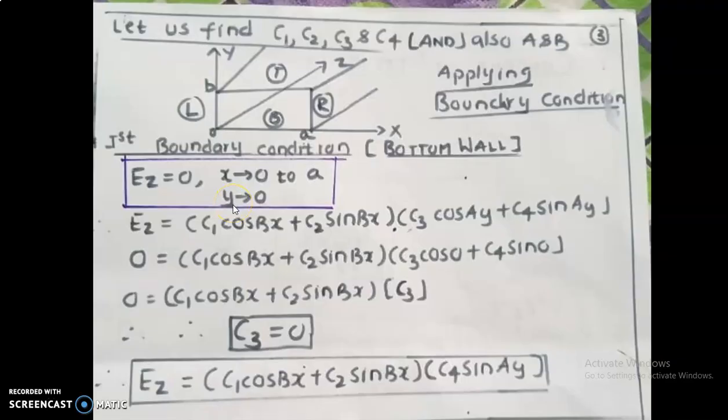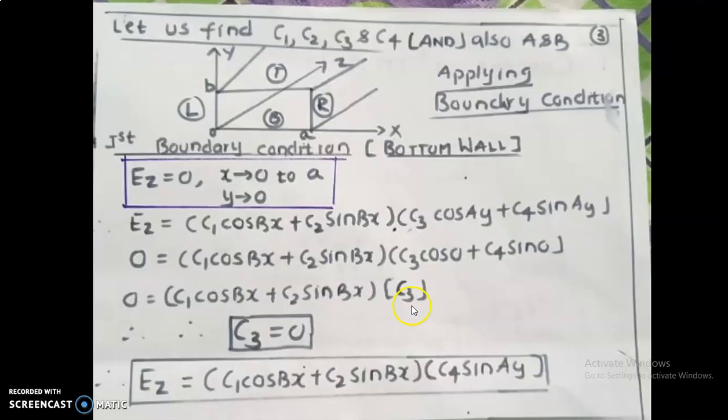and y. So now if you observe here, I can substitute y as 0 but I am unable to substitute the value of x. The reason is that x varies from 0 to a. So I have not substituted that value, but I have substituted y as 0. As you know, cos 0 is 1, sin 0 is 0. So the left part is only C3 and all the remaining terms exist.